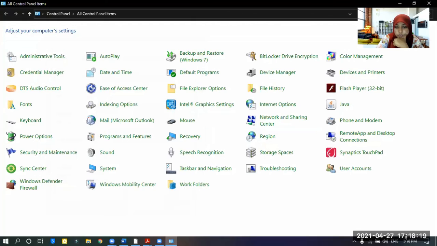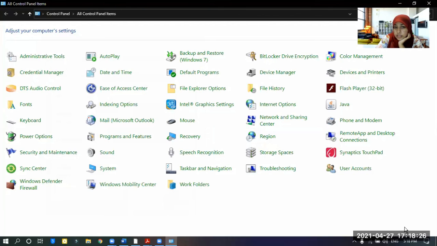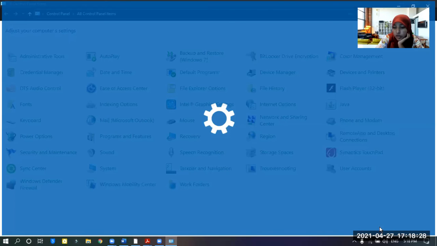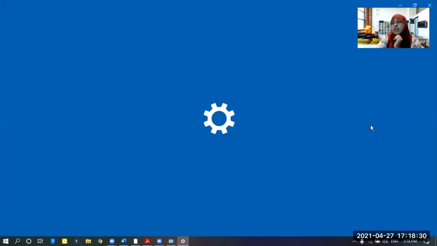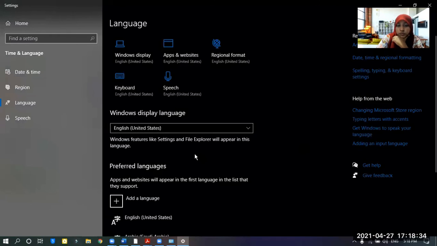Wait. Don't you have a language preference here? What type of Windows software are you using there? Is it Windows 10? You should go to languages, okay?